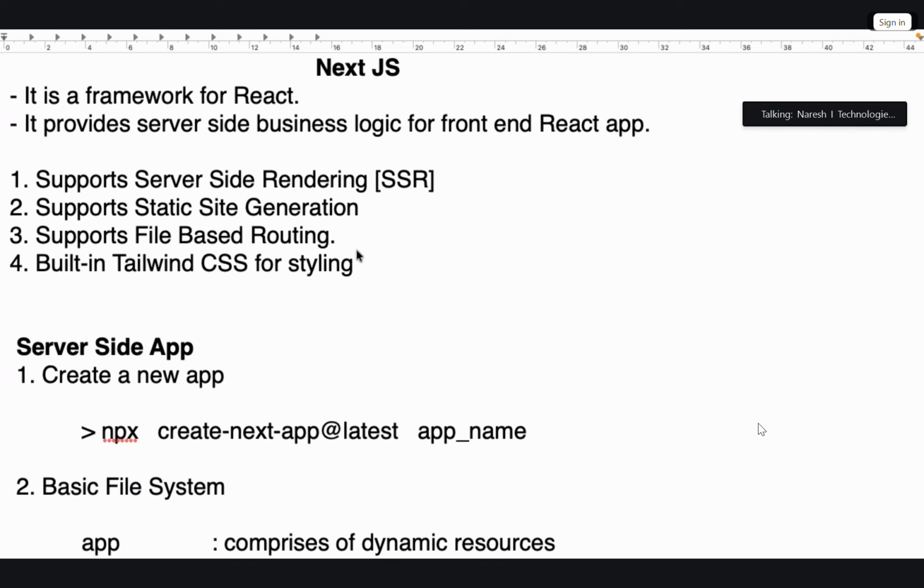Sir, in which scenario do we use Promise.all, Promise.any, and what is the difference between waterfalls? You know promises in JavaScript, you learned promises, na? Yes, sir. But you are not teaching waterfalls.